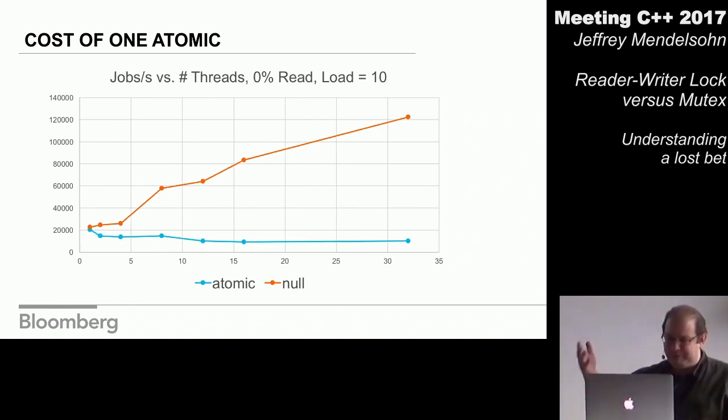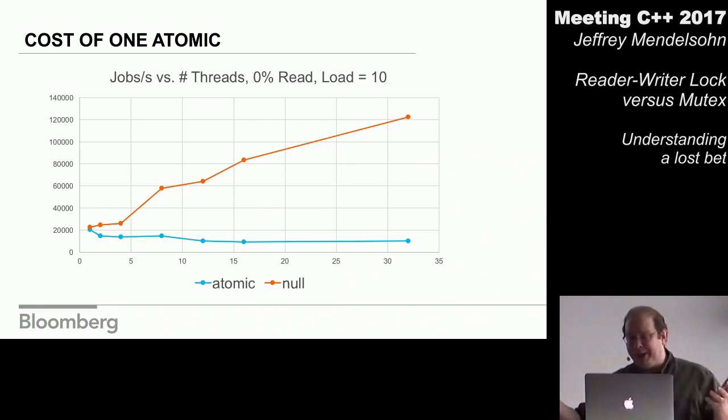So just for completing these set of graphs to match the previous ones, this is all writes. And yes, the amount of work we're getting done is a little bit less, but that's not the key takeaway in my mind. The key takeaway is that it's still unscalable. So let's move to something a little more interesting. Let's look at mutexes and semaphores on this platform.